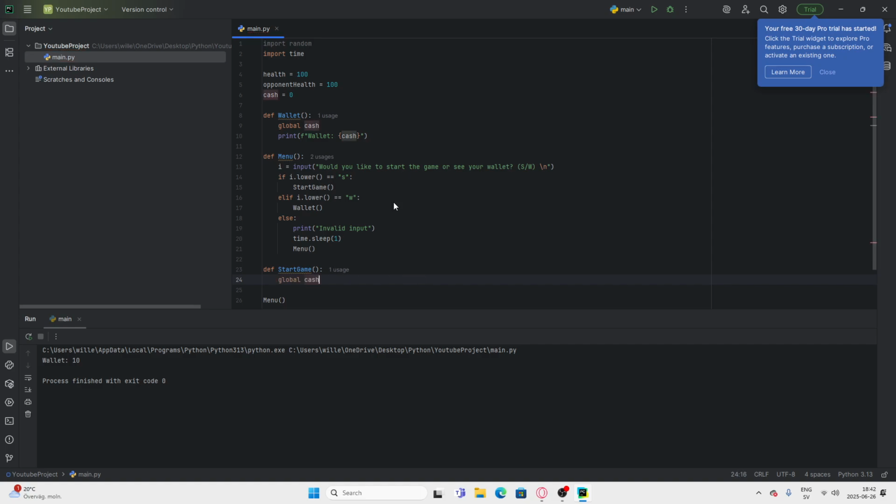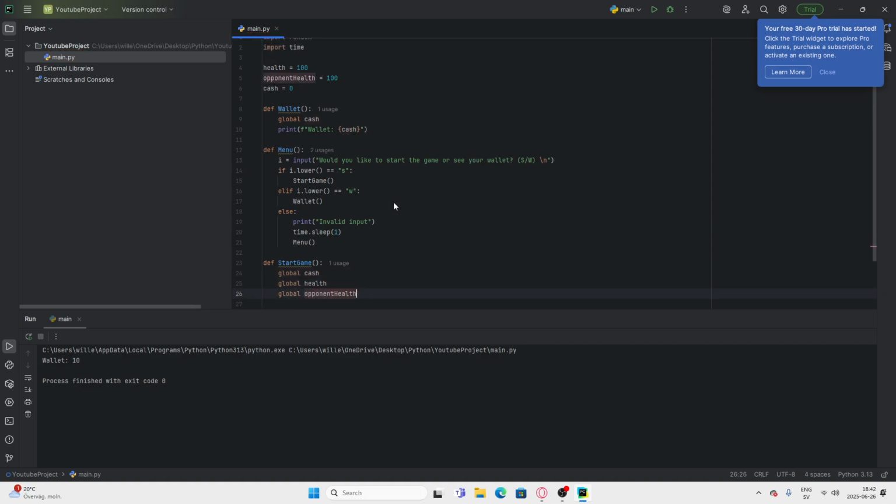and we're gonna use global cache, global health, and opponent, because we're gonna need cache to be able to give us cache if we win, and health to remove and give health. Actually, matter of fact, I think it would be better if we made multiple functions for getting cache. We can remove this, we can remove this, and we can remove this. Actually, let's remove this for now. And let's write def take damage